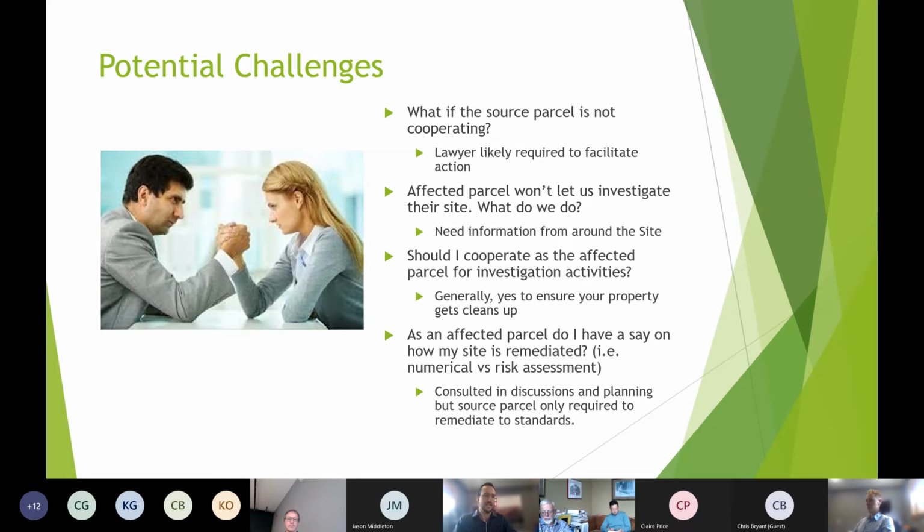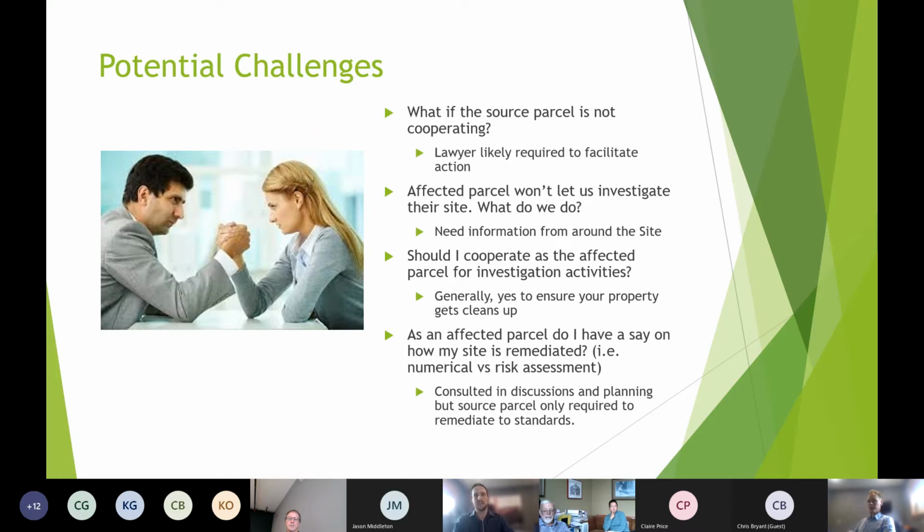And then as an affected parcel in these negotiations, do I have a say on how my site is remediated? So we put in brackets there, numerical versus risk assessment remediation. So this is a bit of a tricky one. So the source parcel, where the contamination is coming from, is only required to remediate any neighboring property to